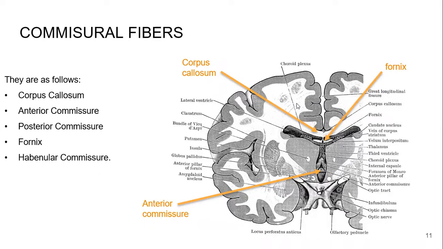Next, we have another type of commissure. We have the habenular commissure, which is a small bundle of nerve fibers that crosses the midline in the superior part of the root of the pineal stalk. The commissure